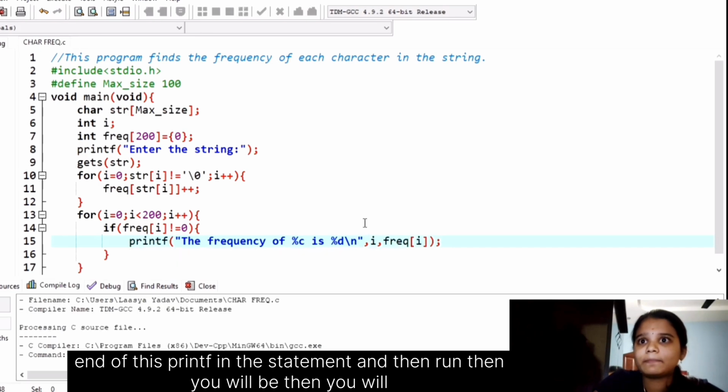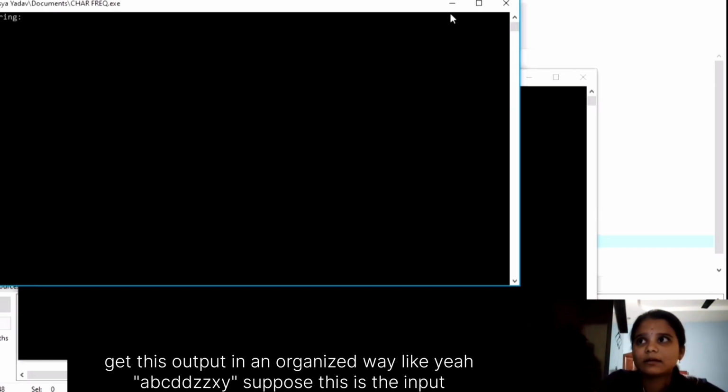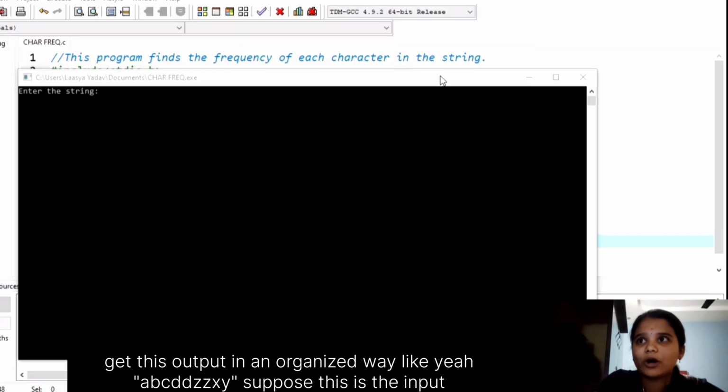Then you will get this output in an organized way, like A, B, C, D, X, Y, and Z.